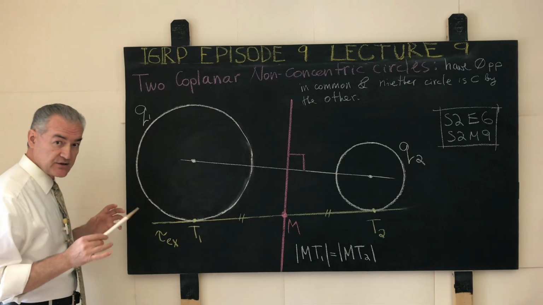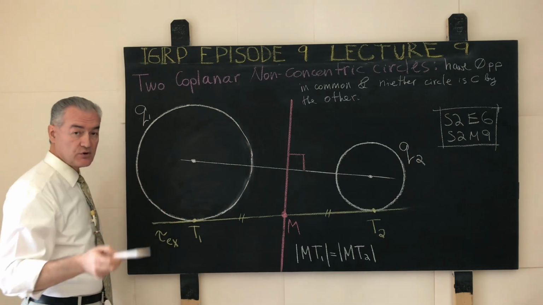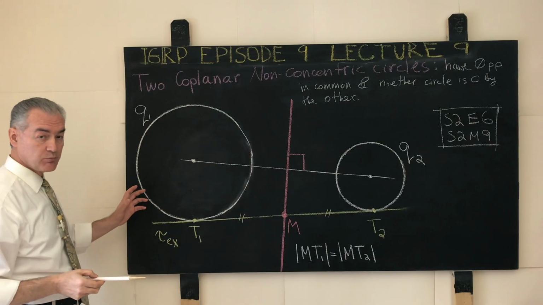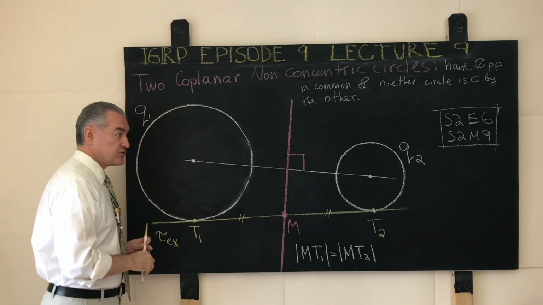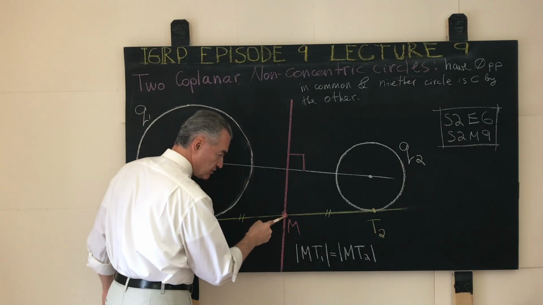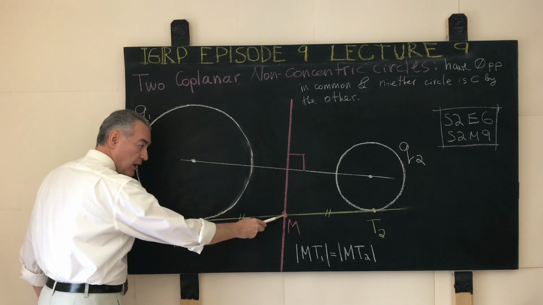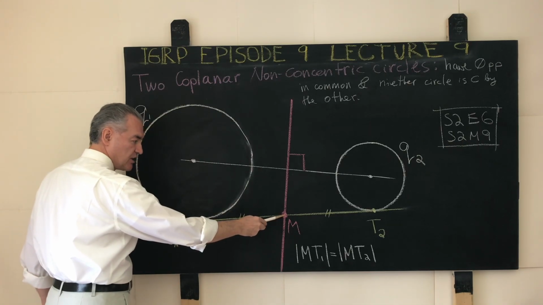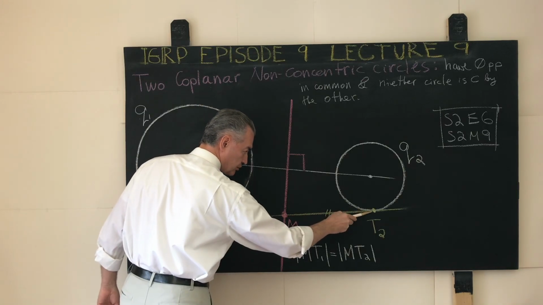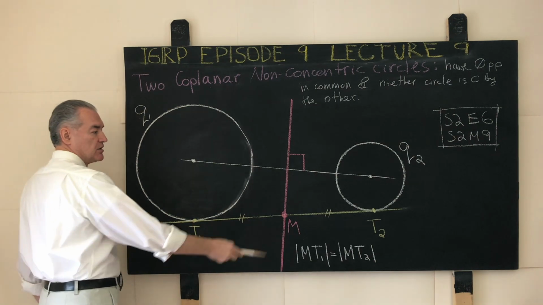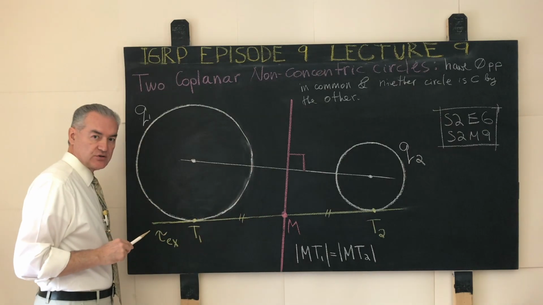Now, once the synthetic geometry reasoning is done, we go back again to our theorem number 44. Recall that the radical axis of any 2 coplanar non-concentric circles must be a straight line that is perpendicular to the straight line of centers. And now we know one point, here is the point M, the midpoint of the common external tangent, that has the same power, or in the terms of synthetic geometry, the same square of the length of the tangent to circle number 2 and to circle number 1. So our straight line must pass through that point M, the midpoint of the common external tangent constructed to both